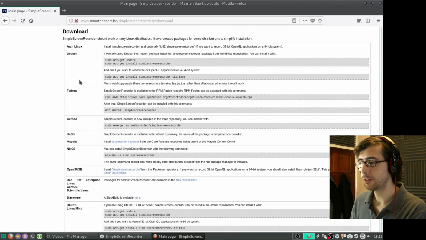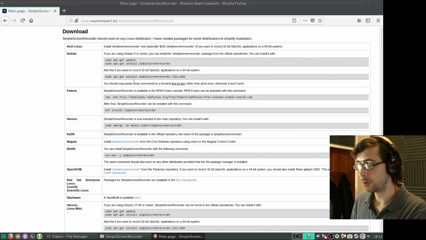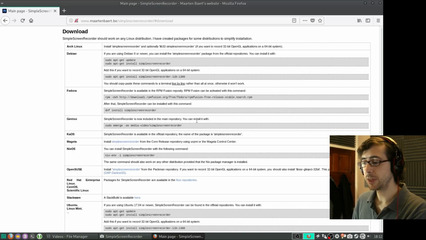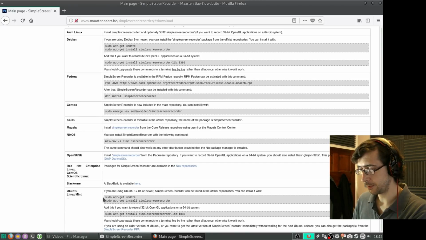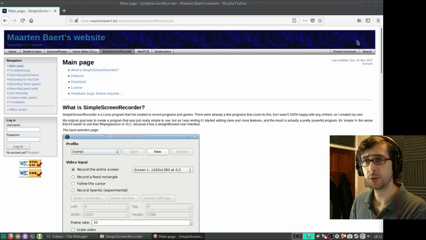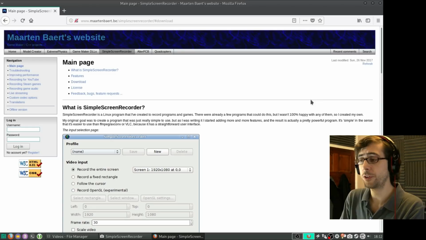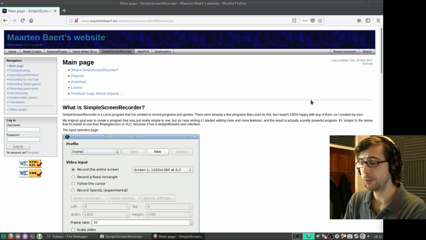But if you go to the download section, you'll see that it's available in most of the major distributions, or all of the distributions that other distributions are often based on. So, but yeah, like for example in Linux Mint, I know that it's not listed. Oh no, it is. It's listed here, but it is available just in the native repositories. I'm using the native repository version here on Manjaro in XFCE. I remember that there was a time when you had to add in a PPA for the Ubuntu build, but it's been around for such a while now that it's made its way into most repositories, and